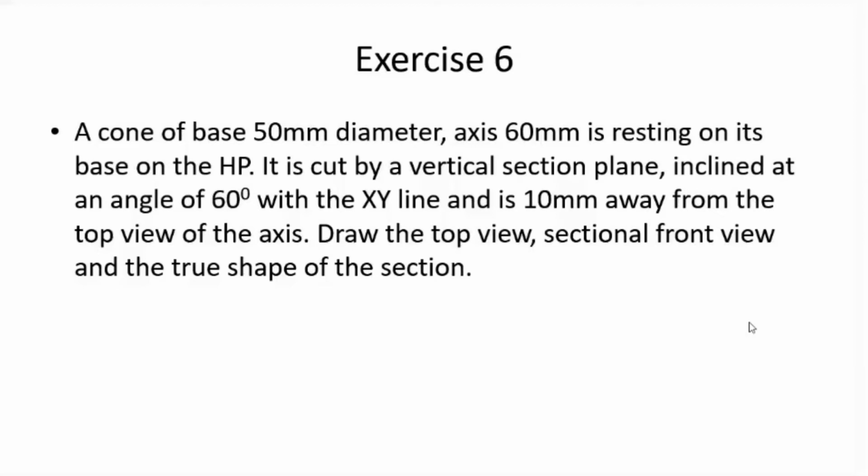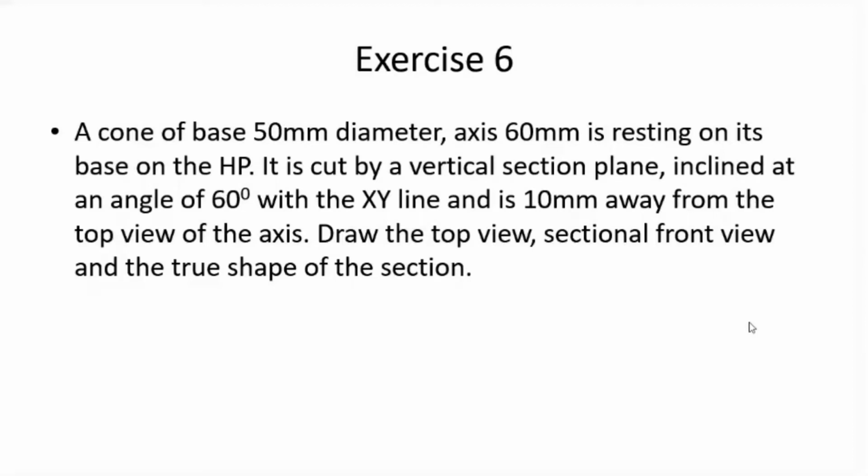So, since it is in the top view, we know that it is perpendicular to HP. It is a vertical section plane, means it is perpendicular to HP, and it is inclined at an angle 60 degree, means it is inclined at an angle of 60 degree with the VP. In the question it is said that it is inclined at 60 degree with the XY line, so it is easy to draw it in the top view, and is 10 millimeter away from the top view of the